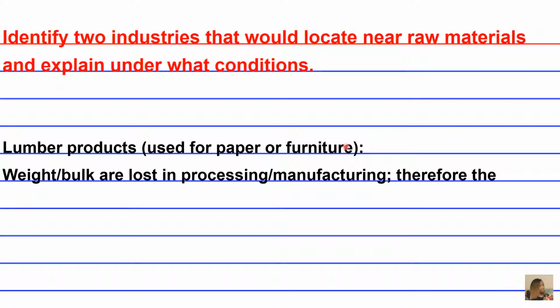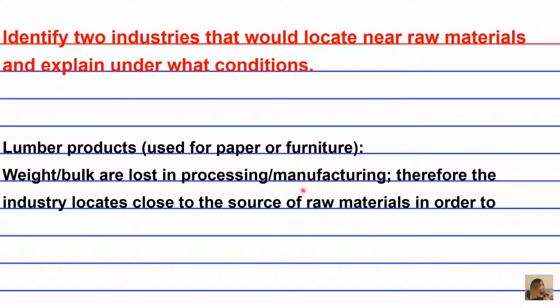And the reasoning, again, the rationale is the same. Weight and bulk are often lost in processing and manufacturing. But at the beginning, the industry locates close to the source of raw materials in order to minimize the transportation costs of the heavy, initial, bulky raw material. Okay,